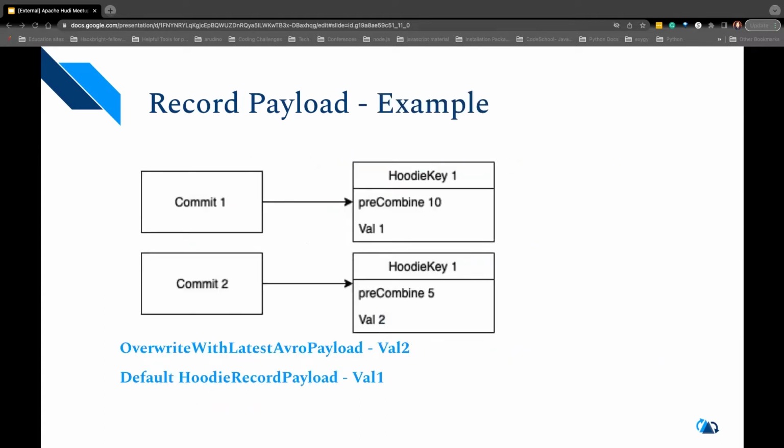Let's see this with an example. In commit 1, let's say you have a Hudi key 1, which is the combination of the partition path and record key. Hudi key 1 has a value 1 and pre-combine 10. And let's say in the in-flight commit 2, you have the same Hudi key with value 2 and pre-combine 5. What happens here is if you use the default override with latest Avro payload, the final record in storage will be the value 2